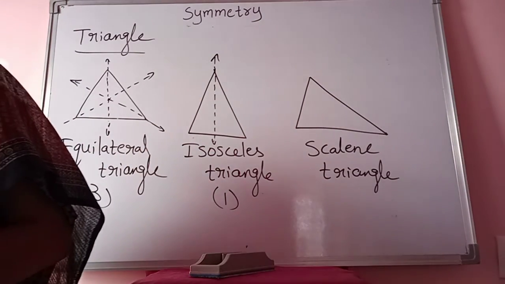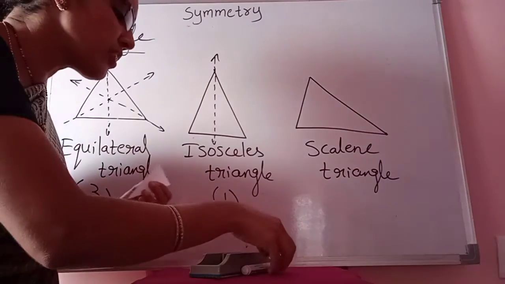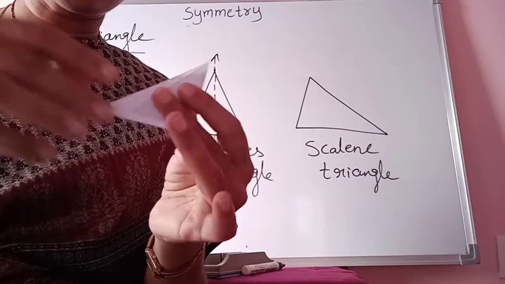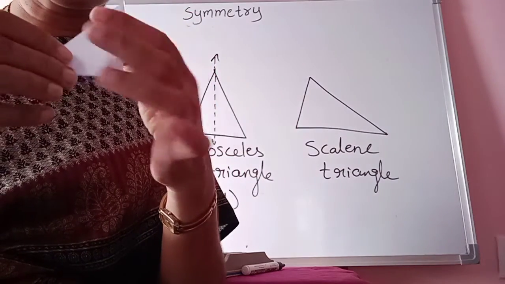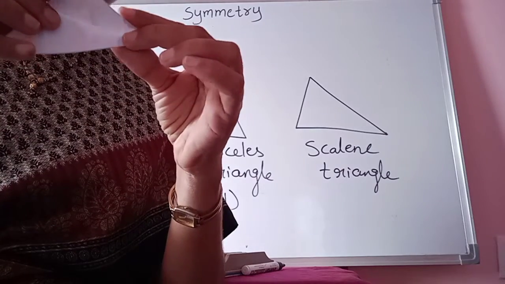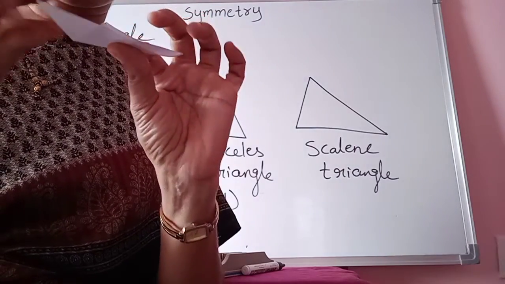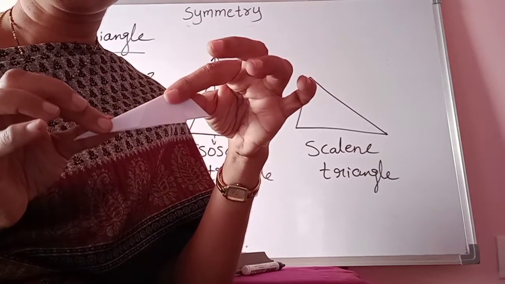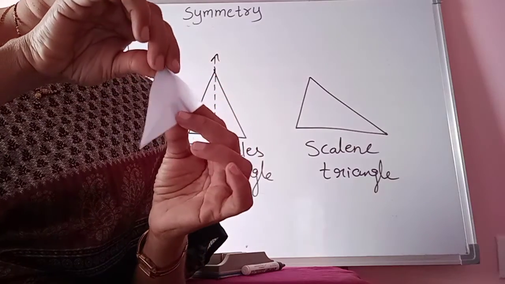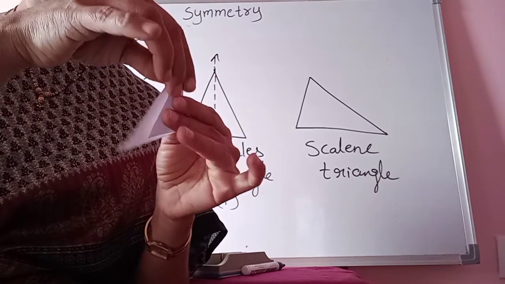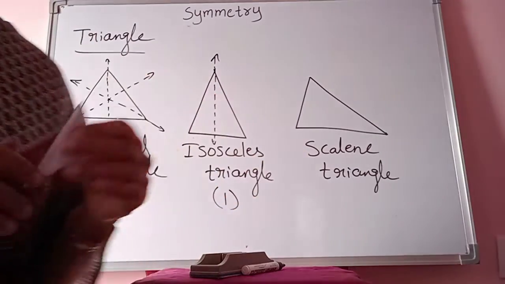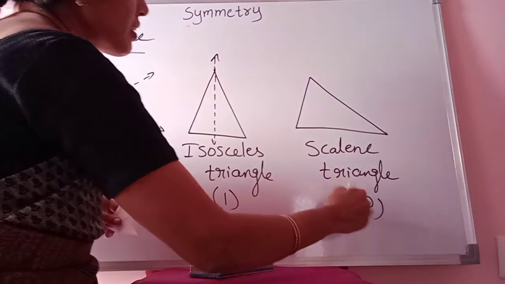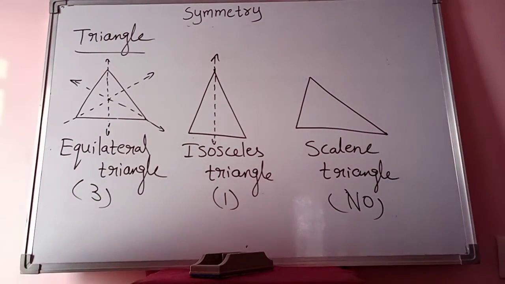Now if I consider scalene triangle. Scalene triangle is nothing but all the sides are different in length. If I fold vertically also they are not matching. Okay. Now every vertex and midpoint if I join, then I came to know that they are not matching. Parts are not matching. Once again observe children. Okay, vertically I am joining. They are not matching. Therefore, we say that scalene triangle have no line of symmetry. It doesn't have any symmetry. This is about the triangles.